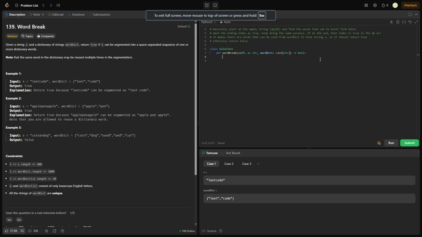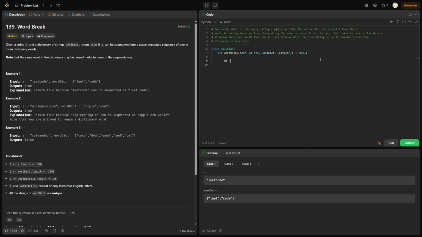Okay. So remember, we're going to set up our DP array. We're going to say everything initially is false, and remember the length is going to be the length of s plus 1. So we're just creating the DP array and initializing it. Remember, DP of 0 is our base case. That should be true. Okay, and so we're going to say for i in range length of s,